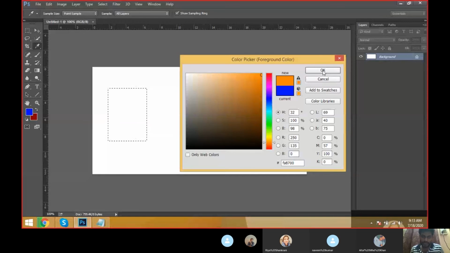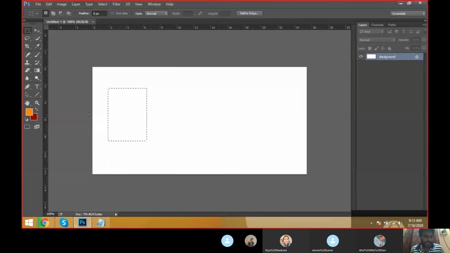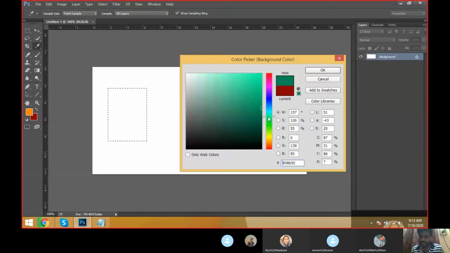Okay, I'm just clicking okay. See, this color will be activated here. This is the foreground color, and I'm just changing the background color also. I'm just keeping the green. See, this is a slider bar, and this is a picker. If you go like this, it goes to a light color. If you go like this, it is a medium color, and if you just drag down in between, then automatically it goes to dark shades.